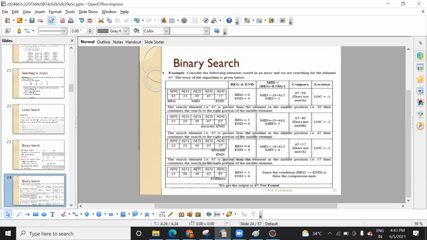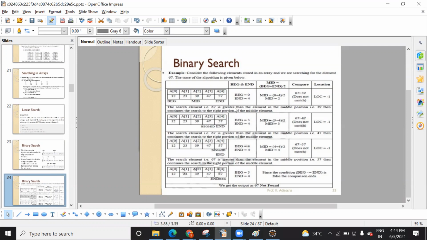Beginning will be 0 and end 4. Now 57 is your target element. The middle element here is index 2, which is 39. The target is 57, but I think by mistake it is written 67.